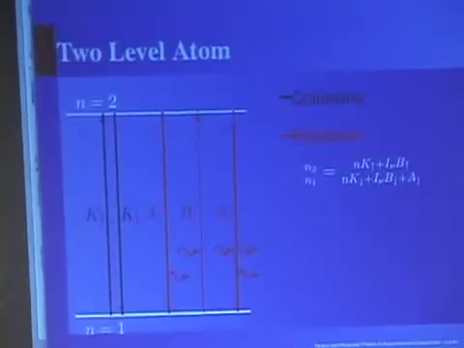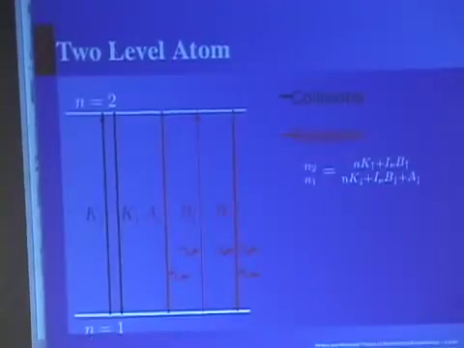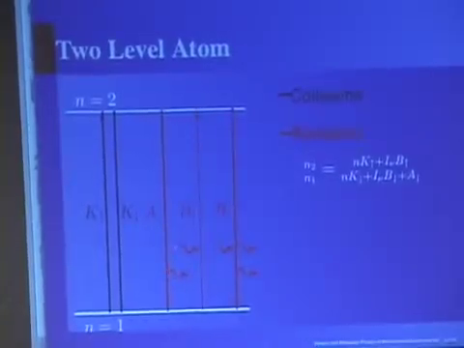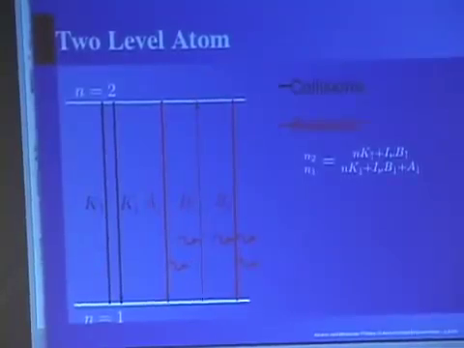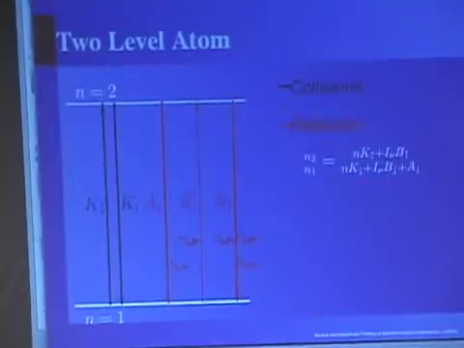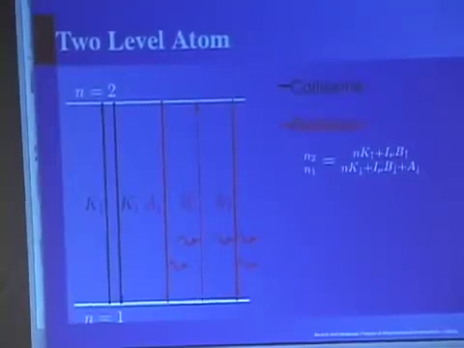They emit in discrete lines. Collisions can carry it up between the levels, and collisions carry them back down. It can spontaneously decay and emit a photon. Photons can excite the upper level, and photons can also do stimulated emission, which gives us lasers. This means that if we have this atom in an environment with collisions, they'll be carrying it up. Basically the collisions are going to try to push it towards the matter temperature, and the radiation is going to push it towards the radiation temperature.